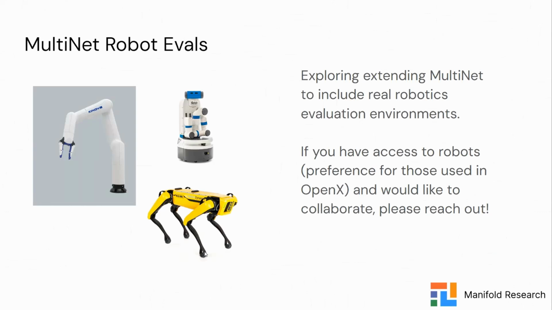A next direction with VLA models is that we want to evaluate them with real robots. As some preliminary research has shown, VLA models don't perform well directly out of the box. That is why we want to evaluate them better, get a more comprehensive understanding of them, and evaluate them in the real world on physical systems such as the Kinova arm, the Fetch robot, and the Boston Dynamics Spot, which we have access to currently.